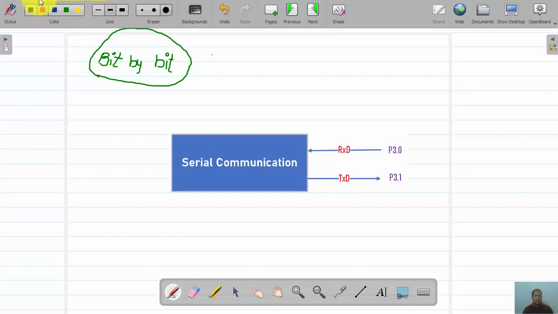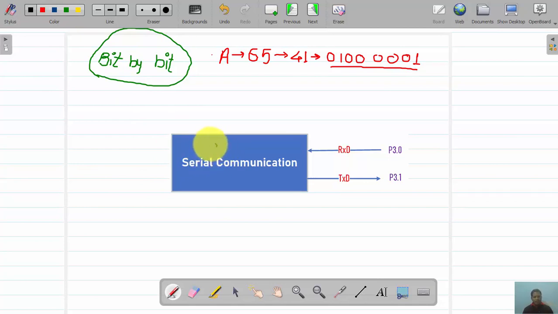Suppose right now I want to transmit data, and that data is the alphabet symbol A. The alphabet A has the ASCII value 65, and the equivalent hex value for 65 is 41. No doubt its binary equivalent value is 0100 0001. So this is 8-bit data that, suppose, I want to transmit serially. What will happen in the serial communication block? Later on, we are going to discuss the associated SFRs.